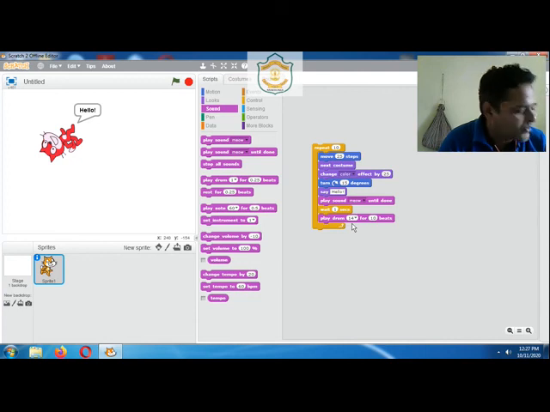I hope now all these things are clear to you. Also, if you have resources available, you can try these at home. It will be very helpful to understand how Scratch projects are made, how animations are made, and how to perform all these operations on our sprite. Just let me know if you have any doubt regarding this chapter. Thank you.